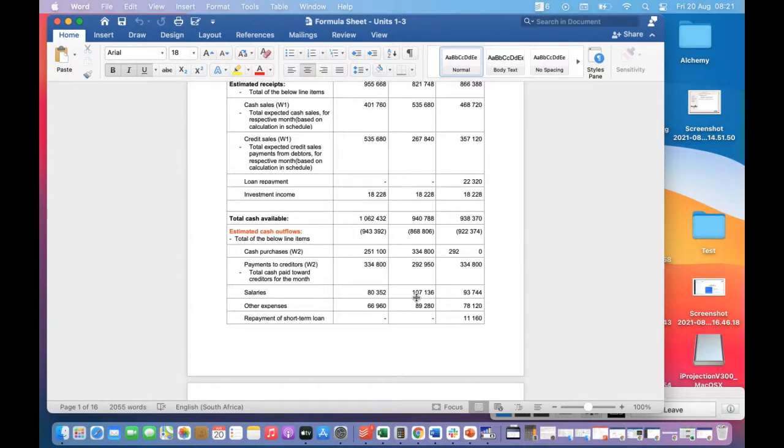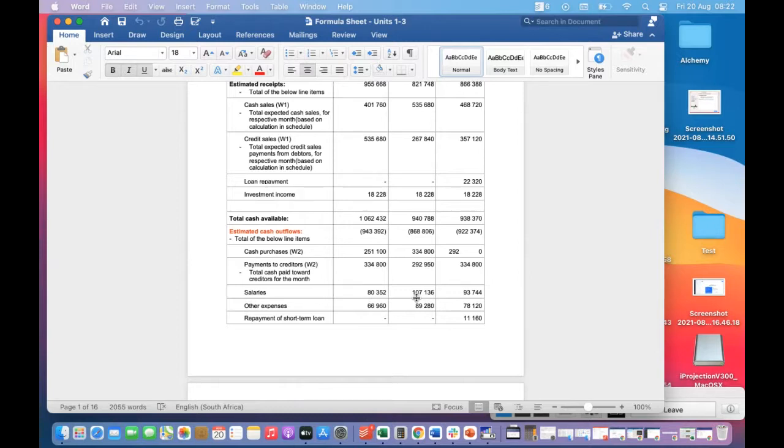Now the next thing is we're estimating the cash outflows. And it's the same principle. What are the things we know we're going to pay for in cash? That's your cash purchases. Then there's other payments to creditors, people we now owe. And in order to do that, we also need to do a creditor's age analysis, or you could call it a creditor's schedule. I see in your textbooks they like to call it a creditor's schedule. In industry and when we were in school, they would call it a creditor's age analysis or a debtor's age analysis, but it's the same thing.